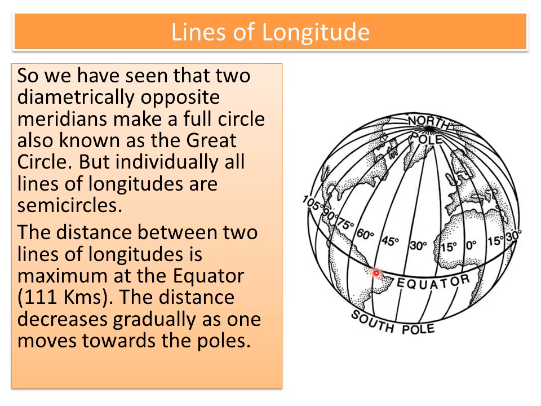The distance between two lines of longitude is maximum at the equator, that is 111 kilometers. The distance decreases gradually as we move towards the poles. And the reason is obvious. As you can see, all longitudes are coming closer together as they move towards the poles, and finally they converge at the poles where the distance between them is 0.